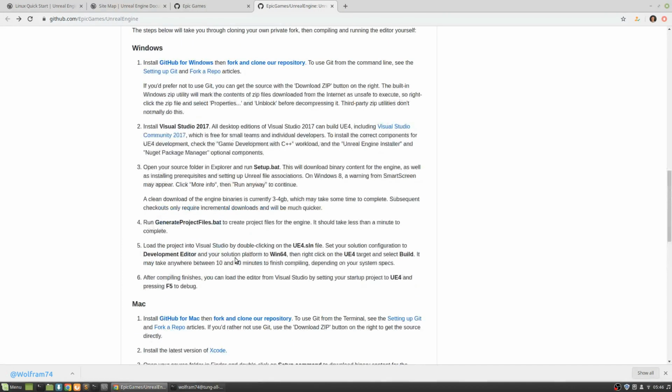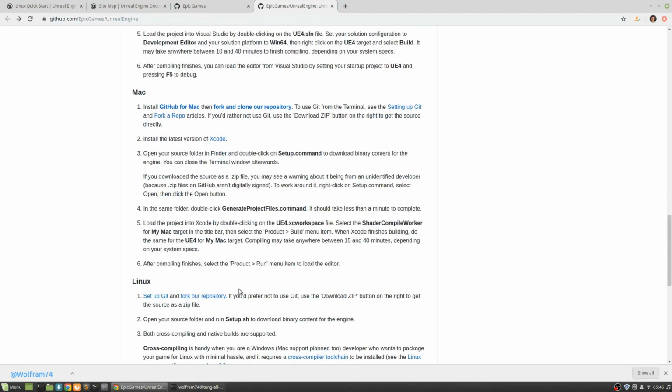For Windows, you might be using Visual Studio. It does say that the clean download of the engine binaries is 3 to 4 gigabytes, and that compiling may take anywhere between 15 and 40 minutes depending on your system.